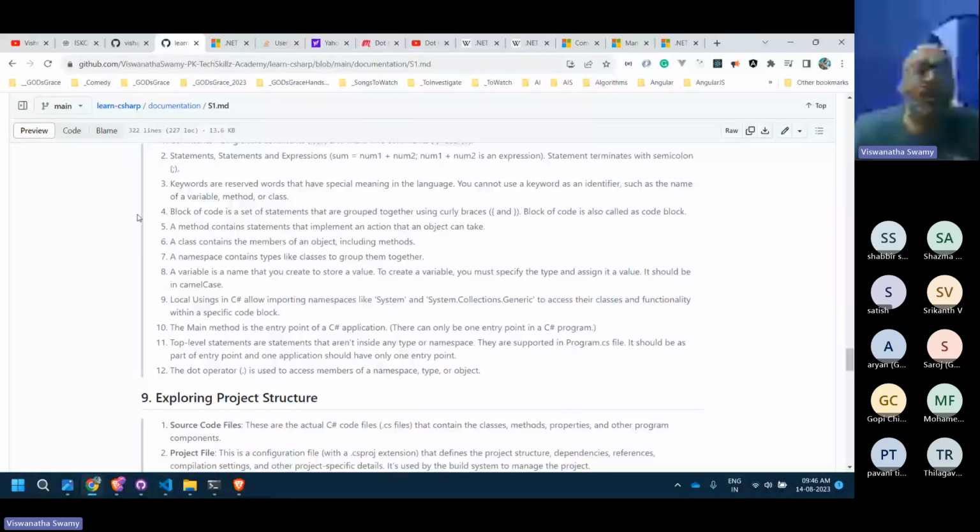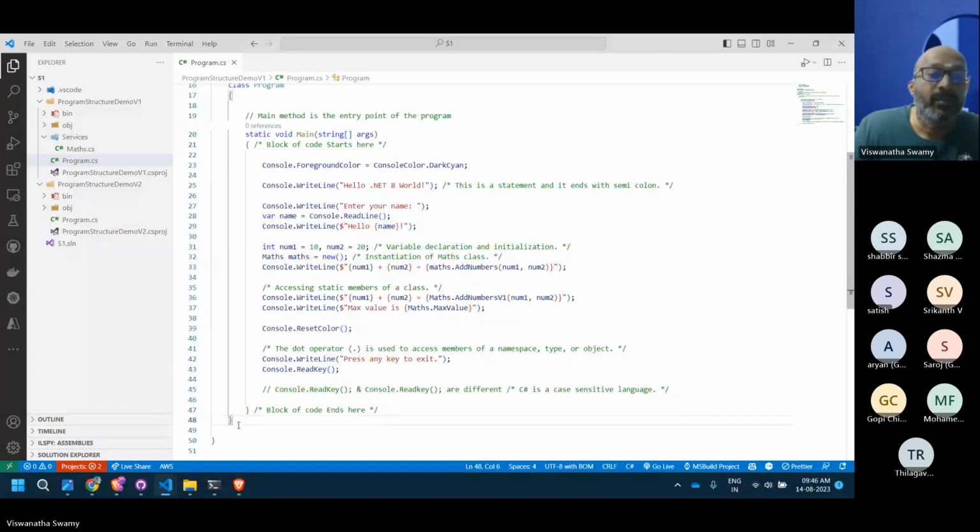Next, a block of code. A block of code is any code within the curly brackets. If I highlight this, it shows a small rectangle in ash color, which shows the scope. This is the block of code. Now if I place the cursor over here, it shows that this is the block of code. All the statements or lines within the opening curly bracket and the closing curly bracket, flower brackets or mustaches, whatever you call them, form a block of statements.